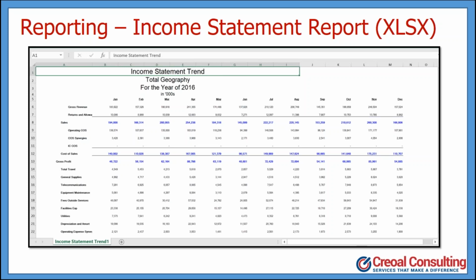What's important to note is that as they make these changes, they can save this report off for future use, but it doesn't change the integrity of the existing report template. That is preserved and can only be changed by an administrator or a power user. So again, what we're striving for here is that FCCS helps organizations achieve reporting standardization, that one version of the truth they've always been looking for.